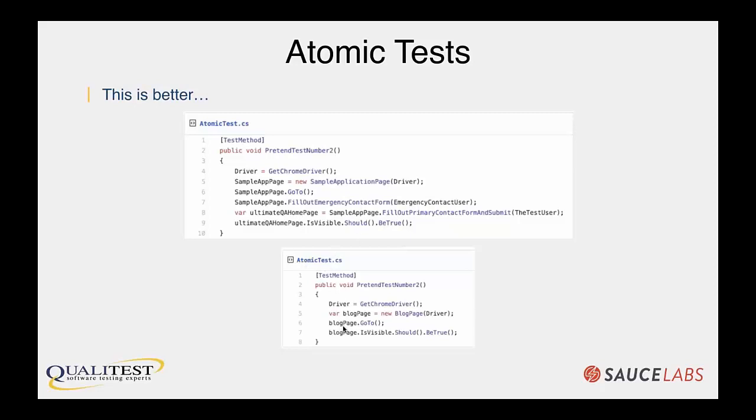And here's another test that was broken out from there, where you can see that we're using the blog page, and we're just opening up a blog page and validating that it's visible. Again, another totally separate feature being tested. And yes, this is 2 tests, and if you're trying to scale vertically, right, 1 test at a time, each of these tests will probably be longer to run than that single giant test. But if you can parallelize, and each of these tests will take about 10 to 15 seconds to execute locally, you can actually run 2 of these tests in 15 seconds when you can run in parallel.